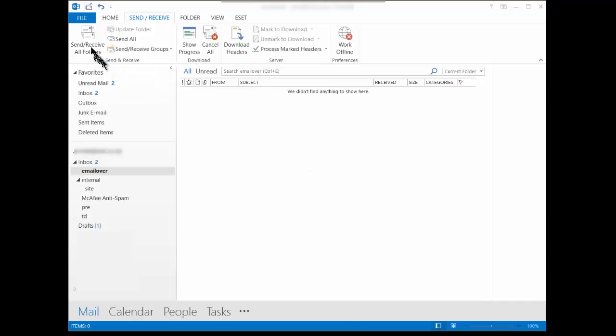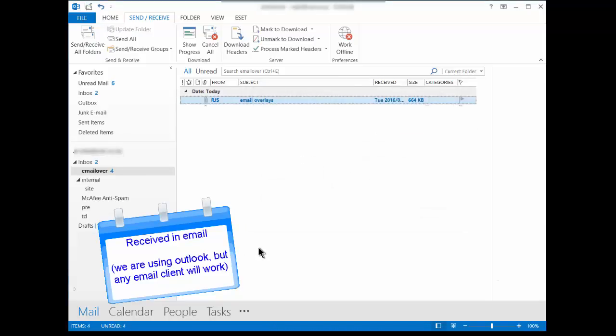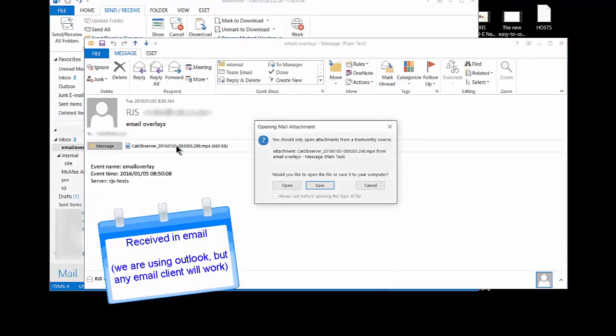If we then monitor the email address that we configured to send the mail to, we should receive an email with the recording as an attachment. We have configured CatObserver to record and send